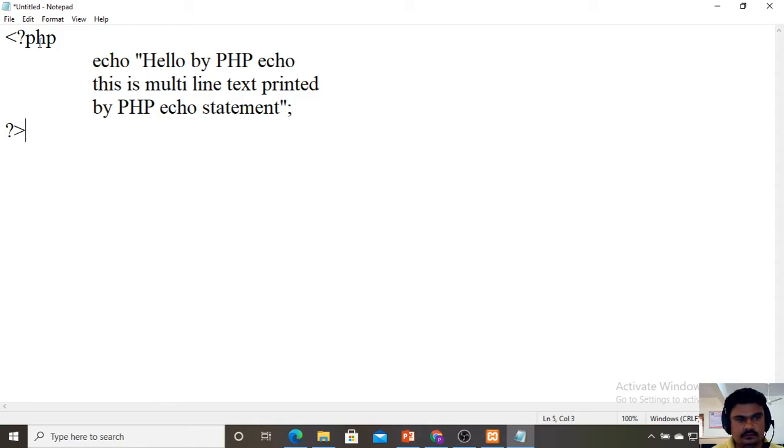Done. So here I am using the echo to print the multiple lines.